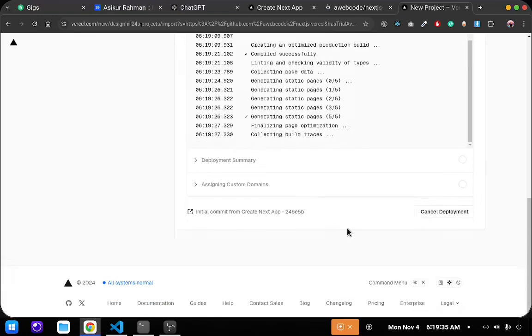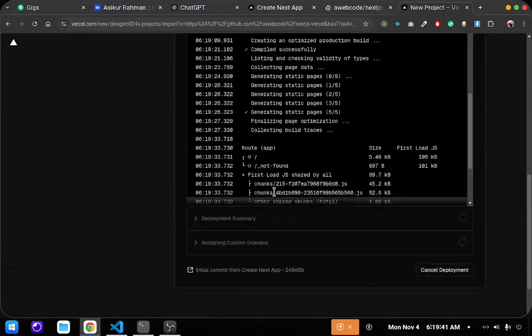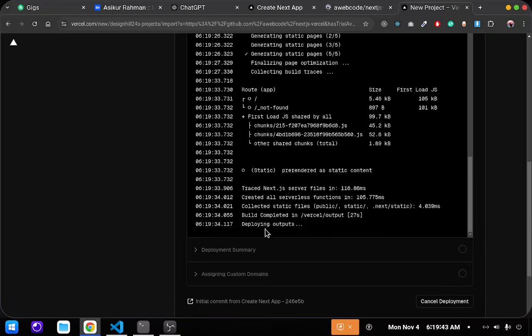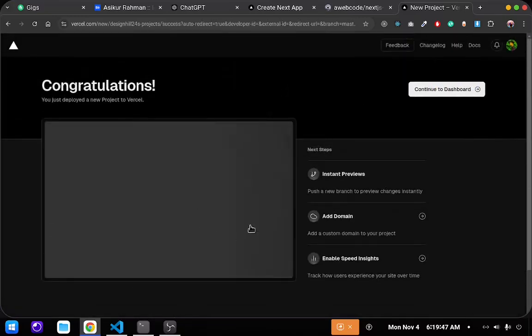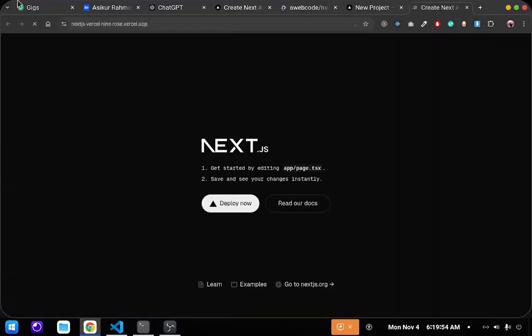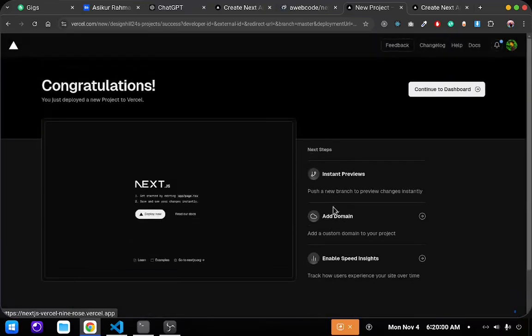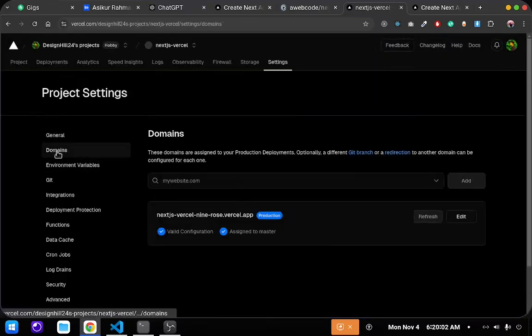Okay, this is just building. I'm just making it dark mode. Okay, let's just build. Okay, build successful. Our Next.js app is built successfully. So this is our app, and it is very fast. And you can see here, and you can